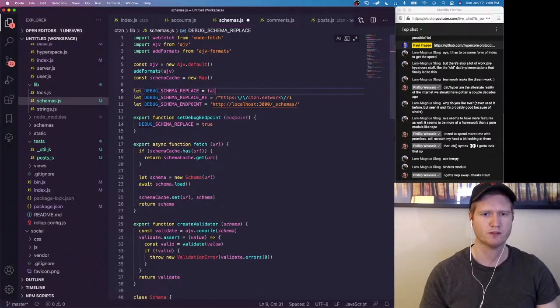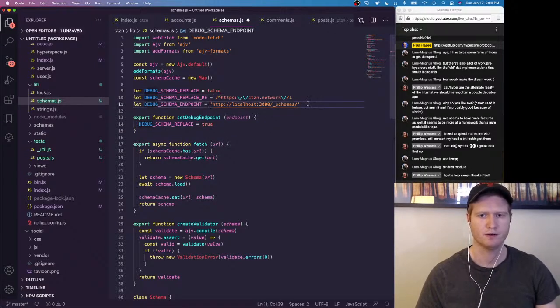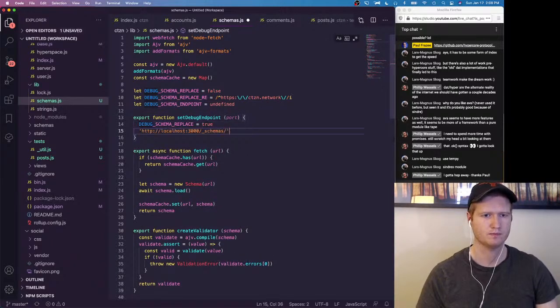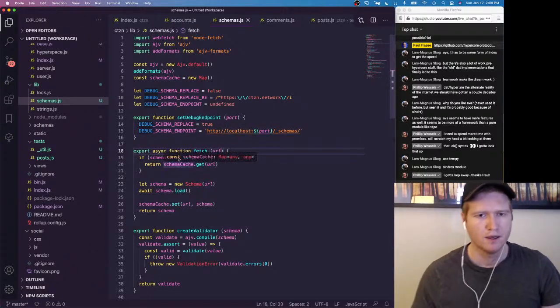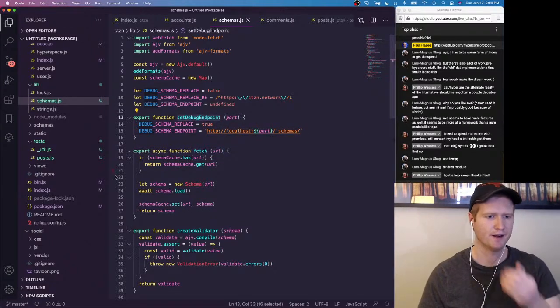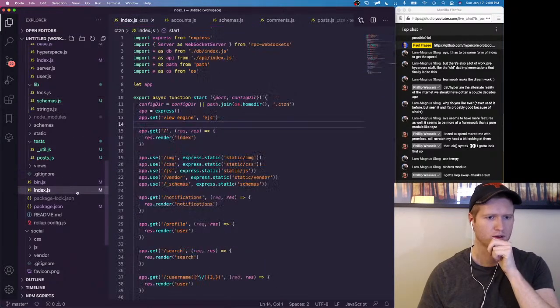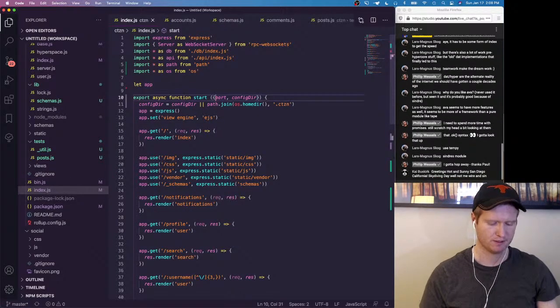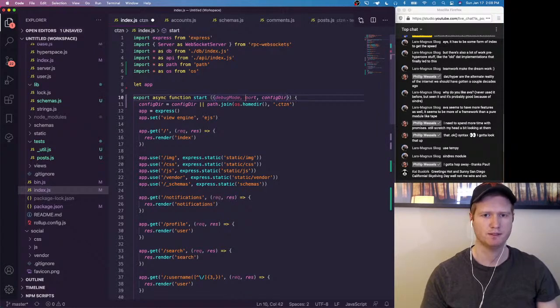Default to false, but if this gets called, it'll just turn it on at the given port. And there'll be one other thing to do, which is debug mode. And if that's set,